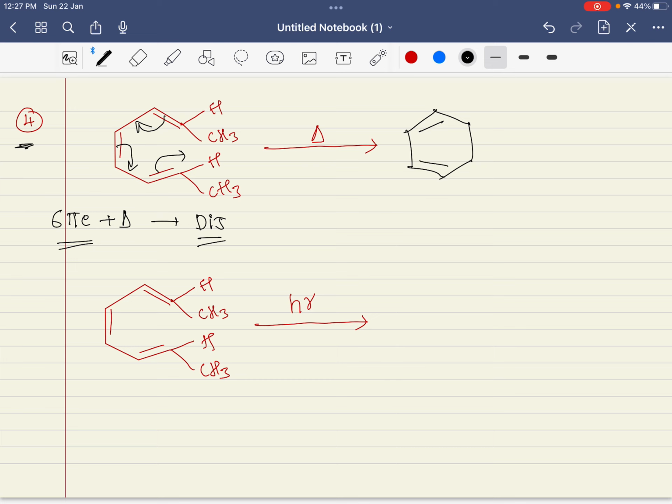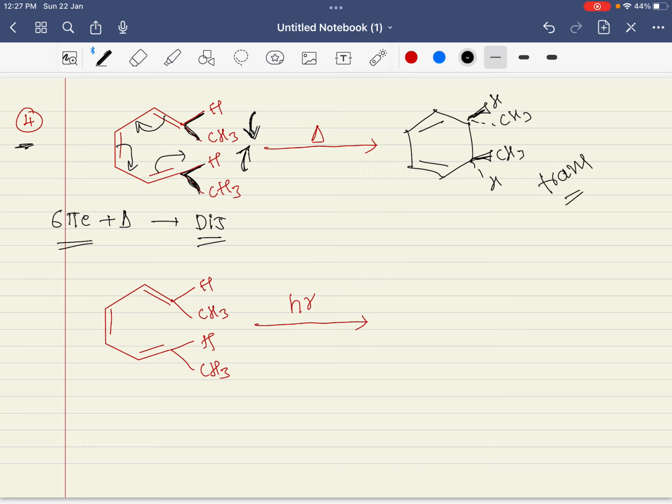and the stereochemistry will be decided by the disrotatory. Disrotatory means either moving inside or outside. We'll move inside. The CH3 and H, if we move in this direction, means CH3 comes above and hydrogen will come below. Here, these two groups, if I move in this direction, means H will come above and CH3 will come below. So the product is